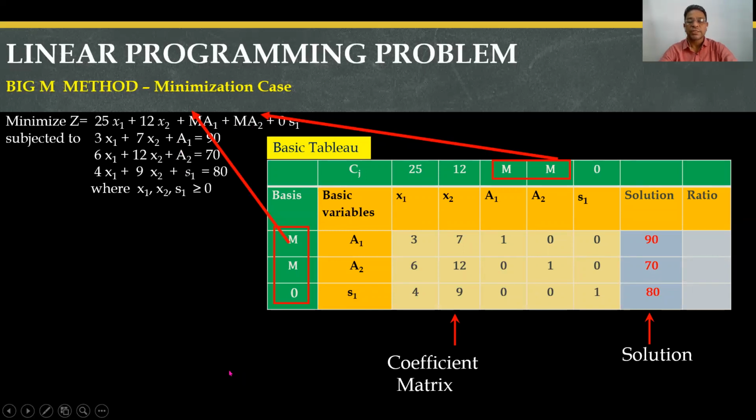So I'll repeat once again what is to be remembered. Whether it is a minimization or maximization problem, if you are using the big M method, here it will be plus 1 only, and this will also be plus 1 only. So in this identity matrix, there will not be any negative sign. If it is a minimization problem, the huge penalty will be a positive number. If it is a maximization problem, the huge penalty will be a negative number. Whatever is written in the objective function will be written in the basis as well as in the Cj row.